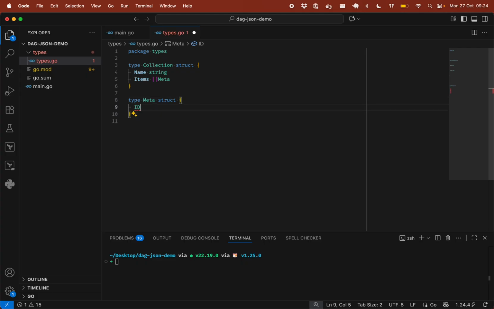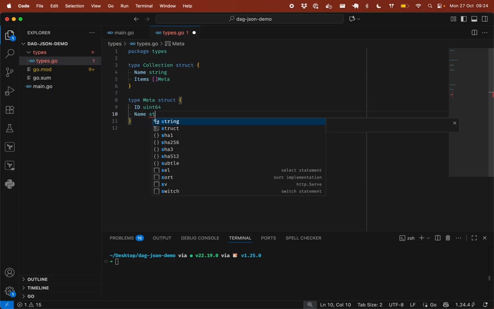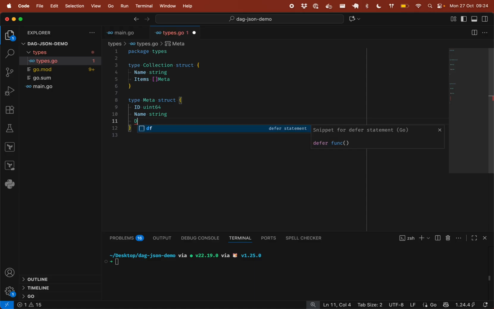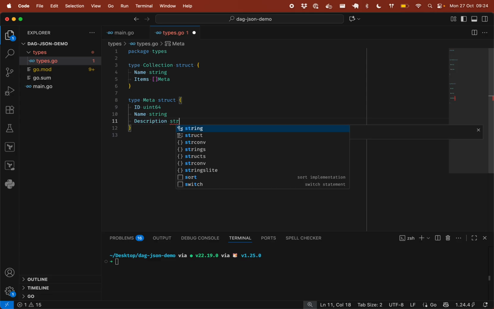There we go. Meta is going to have an ID. Each NFT is going to have an ID, that's going to be a uint64. A name is going to be a string. So each NFT has a specific name, and a description. Description is going to be a string, obviously, as well. And then what it will have is an image,